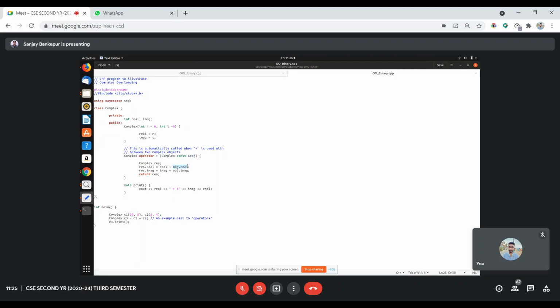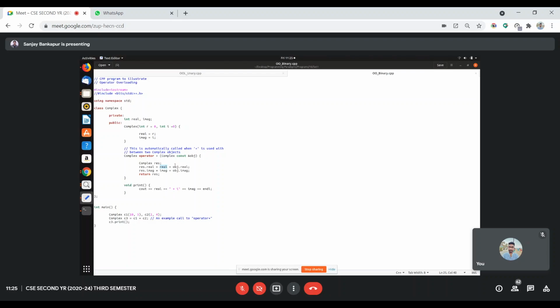That C2 dot real, C2 dot imaginary. But what is real? That is internally accessible. That is C1 dot real and C1 dot imaginary. So no need to write the respective object reference again, because those instructions are within the reference of that object.